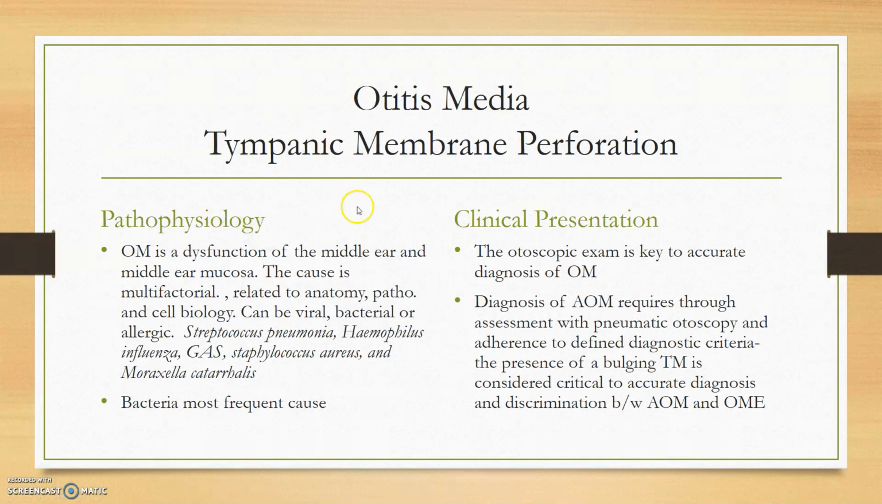So pathophysiology: we do know that otitis media is a dysfunction of the middle ear and the middle ear mucosa. Really the cause is multifactorial, related to anatomy, pathophysiology, and cell biology. We know the antecedent events may be viral, bacterial, or allergic. And upper respiratory tract infections or allergies often precede otitis and result in edema of the eustachian tubes and the nasopharynx. So those narrowed eustachian tubes, which are common in infants and children anyway, might be why they're predisposed to